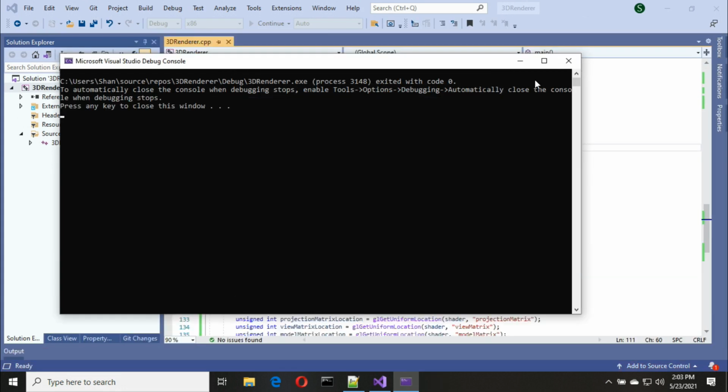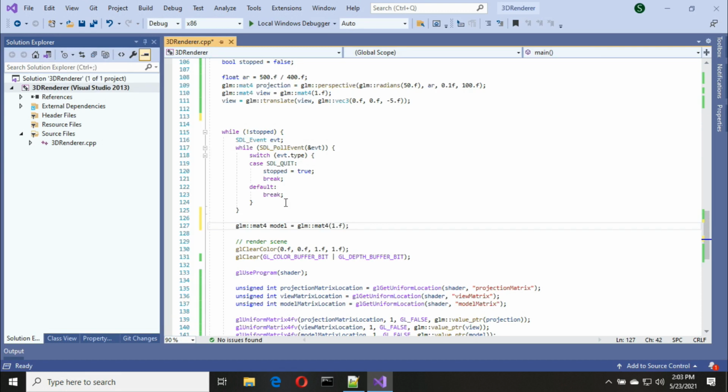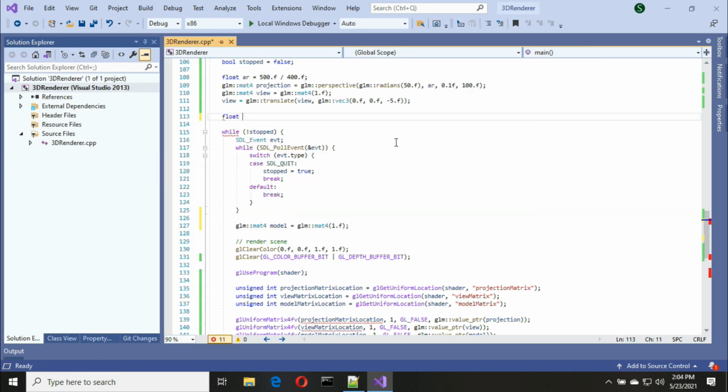Okay, now I'm going to show you another function called rotate. Using rotate function, I'm going to rotate the triangle around its y-axis. I'm using a variable called angle and I'm creating the model matrix based on the angle value.